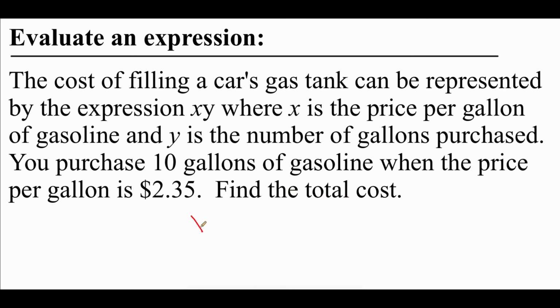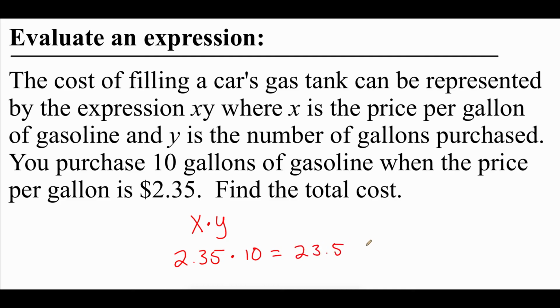So I'm going to write this out. Our expression was xy, and remember there's nothing written between there, so that means multiplication. I'm actually going to put the dot in between them so that we remember that it's multiplying, so x times y. Now we said x represented the price per gallon of gas, and down below we were told that the price per gallon was $2.35. So I'm going to replace the x with $2.35. So 2.35 times, we said the y value represented the number of gallons that we were buying, and it said that we bought 10 gallons. So I'm going to replace the y here with 10. So in order to figure out the total cost of the gas, we need to take 2.35 times 10. And if we go ahead and do that, we should get